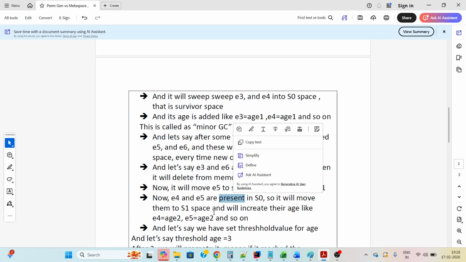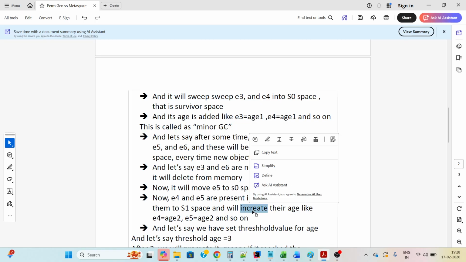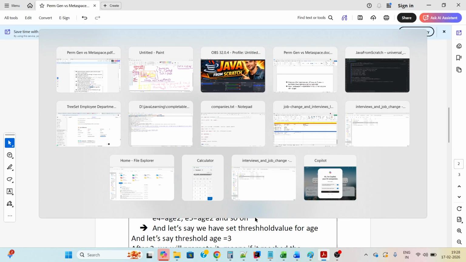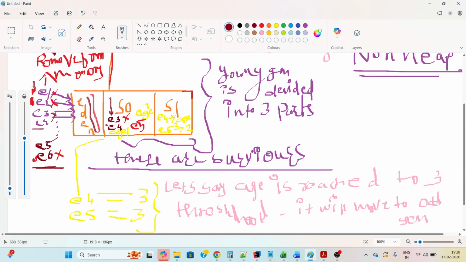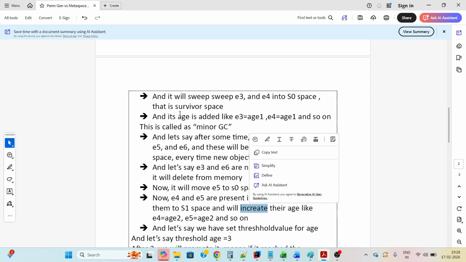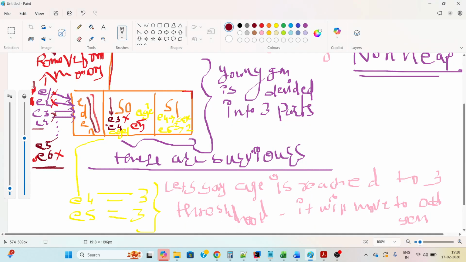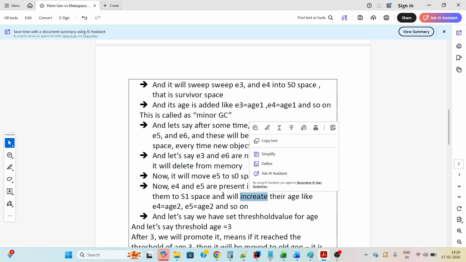Now it will move these from S0 to S1, and it will increase their age. The sweep algorithm will move E4 and E5 from S0 to S1 and increase their age by 1. Previously the age was 1, now it will be age 2. Now E4 age is 2 and E5 age is also 2.